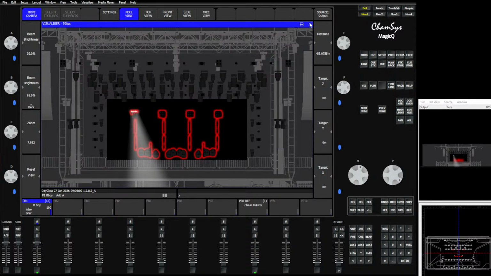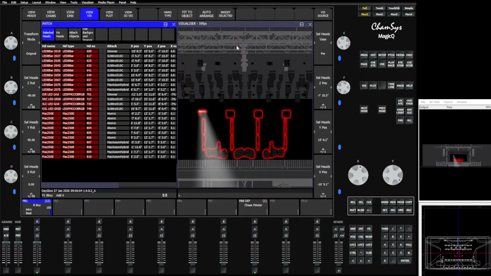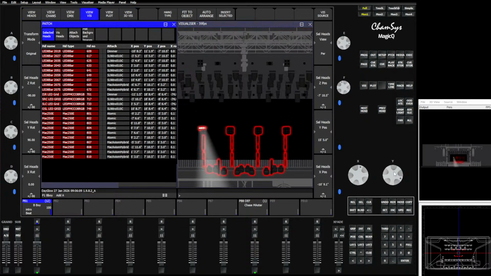They're a little bit above the stage, but you can see that our floor package is on the stage, down where they belong. Now, I made a mistake here, and I'll point that out so you guys can see it. What I did is I did not check my head numbers. So right now, in my patch, I have an issue